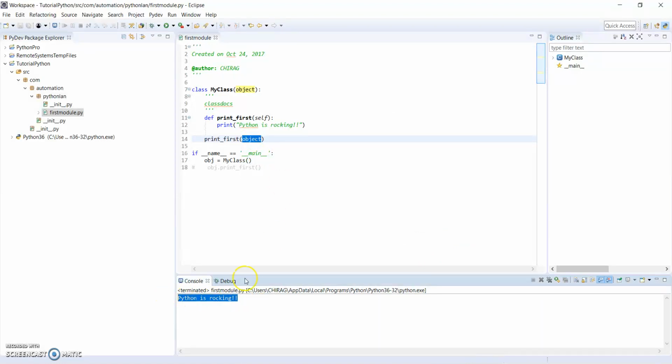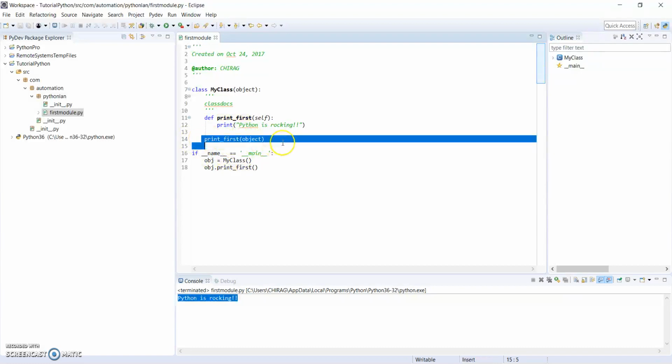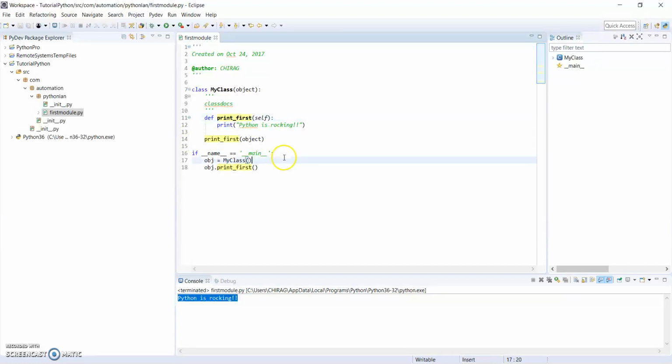"Python is rocking," right? So this is a different way we can run. Here I just create an object and call this method, and in this I will not create an object. I just directly call my print first method or function. So thank you guys for watching this video, and hopefully you understand the concept and how we can set up